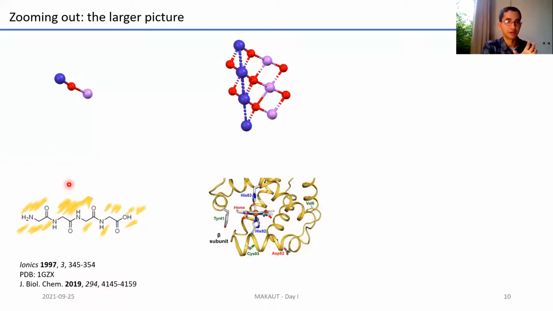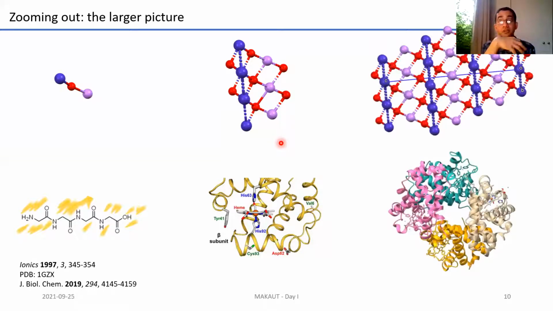So you can think of this as the atomic level, molecular level. This is a slightly more local set of molecules, or a stereochemistry arising from structure. And then when you go to the next level, this is the larger picture where you actually have a crystal packed. If somebody gives you a lump of sodium chloride in your hand, which you've compressed from some salt in the kitchen, it can have an arrangement like this. Obviously, it will not have lithium, cobalt, and oxygen, but it will have something macroscopic. And this, for example, is the hemoglobin protein. It is present in all of our bodies. We're using it, breathing in and out, binding with oxygen. And this is the macroscopic scale.